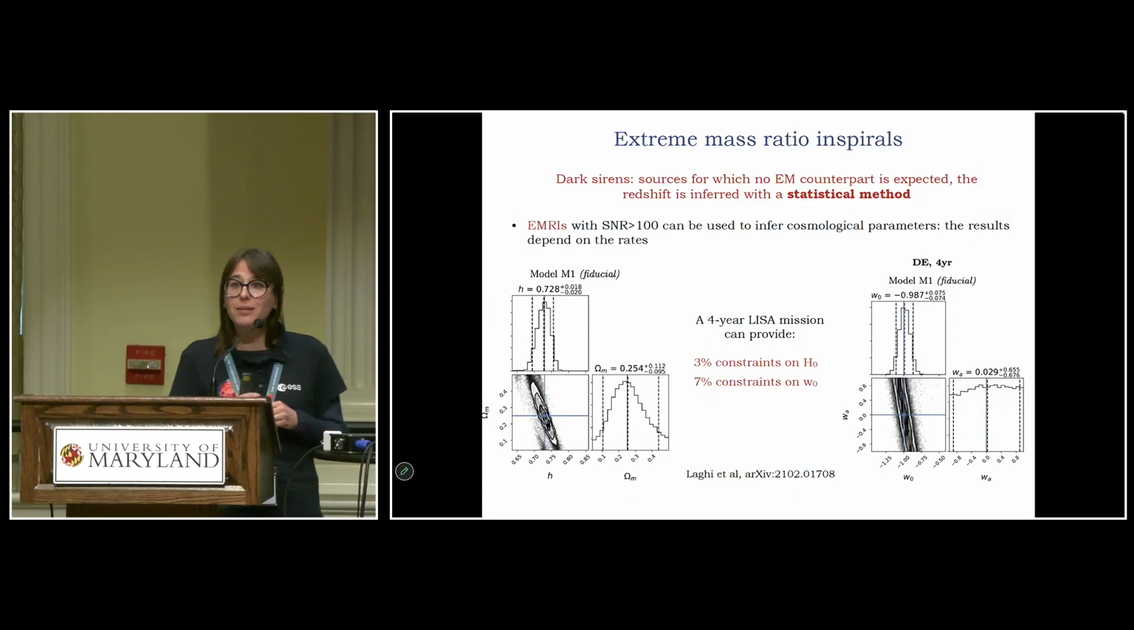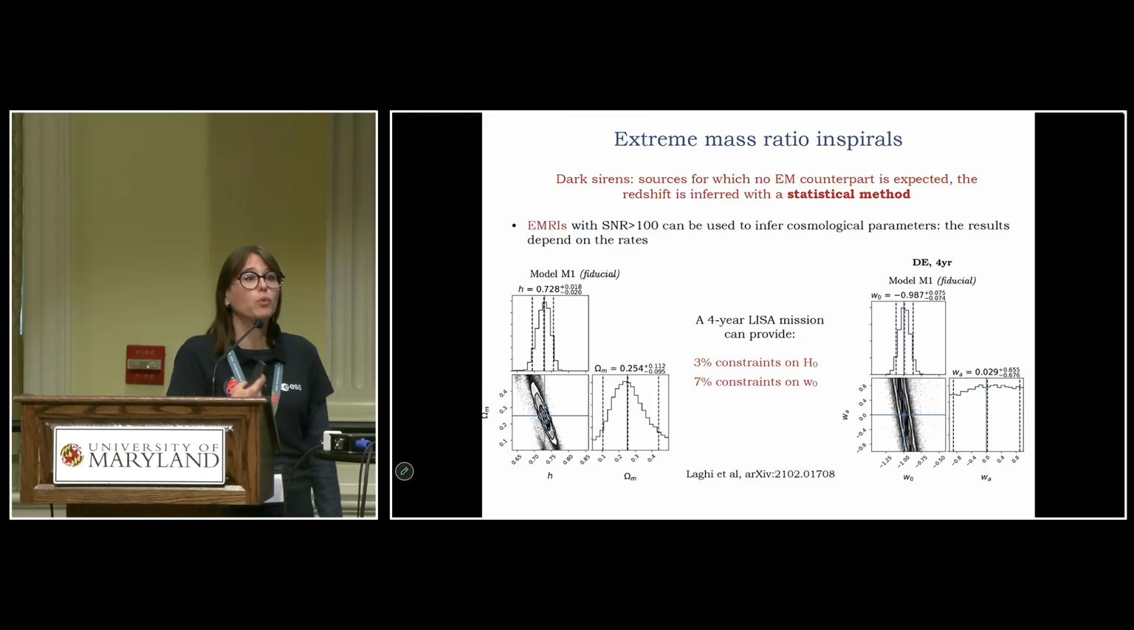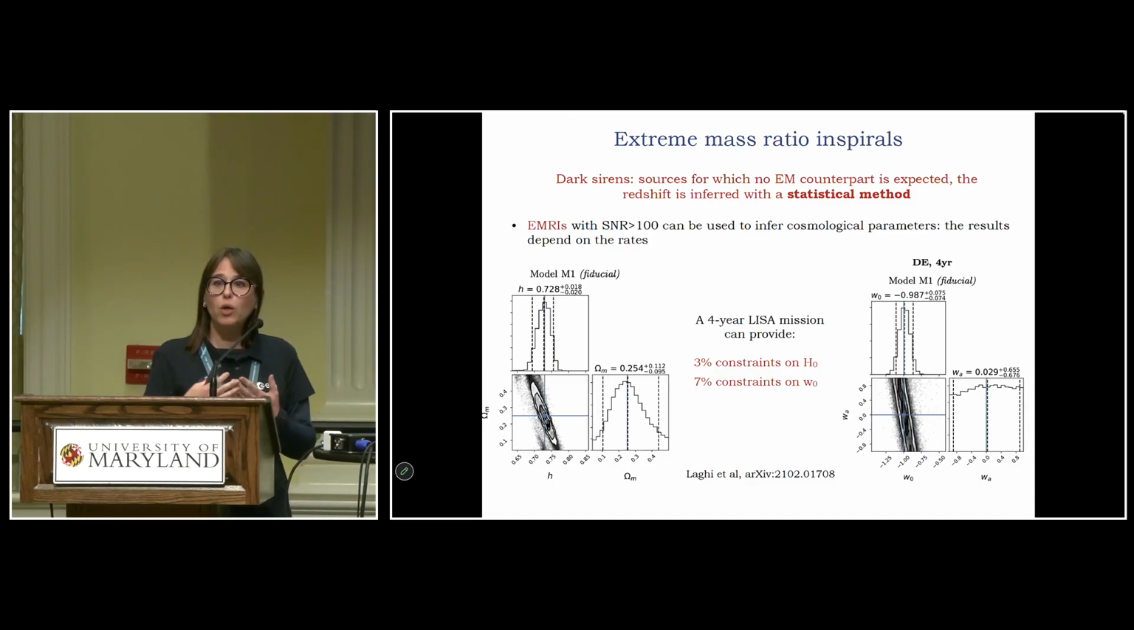So dark sirens are sources for which there is no electromagnetic counterpart that is expected, but the redshift can still be inferred with a statistical method. So you cross-correlate the gravitational wave measurements with some galaxy catalog. Okay, and in this case, this paper pointed out that EMRIs can be used to this scope if they have a high enough SNR and they are close enough, at redshift smaller than 1, to be able to cross-correlate with